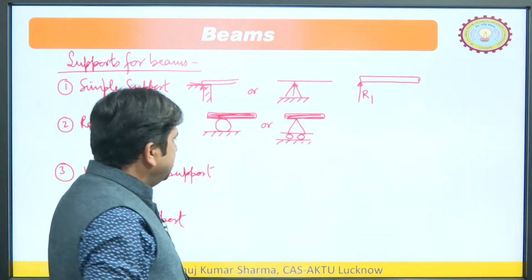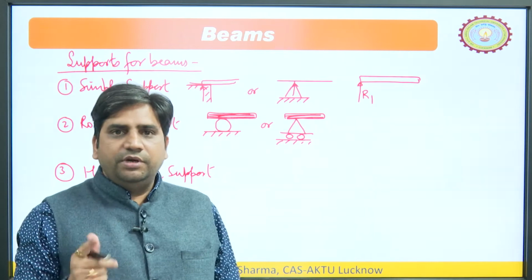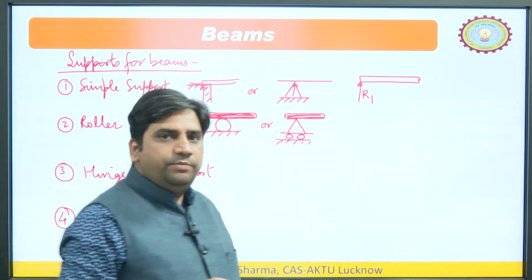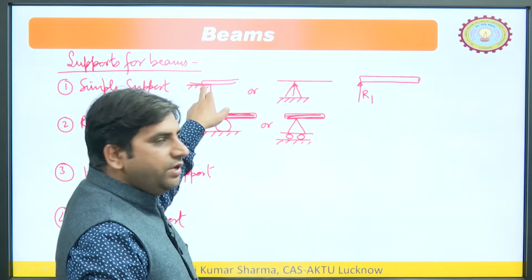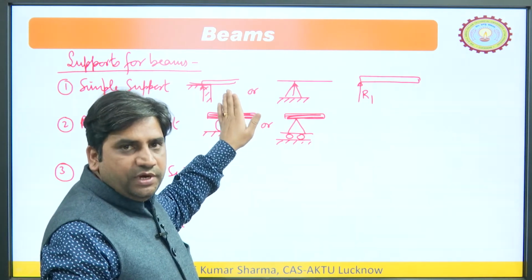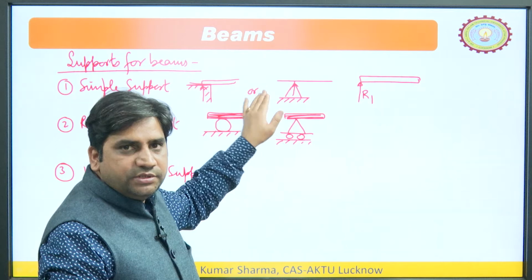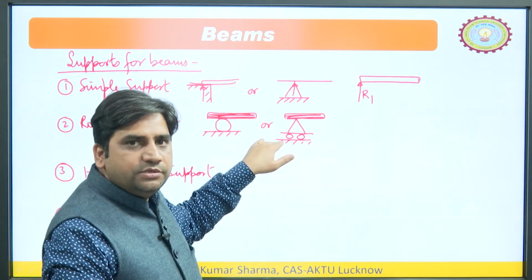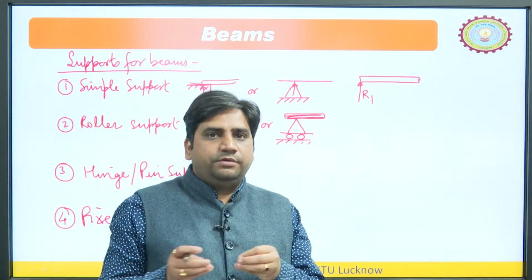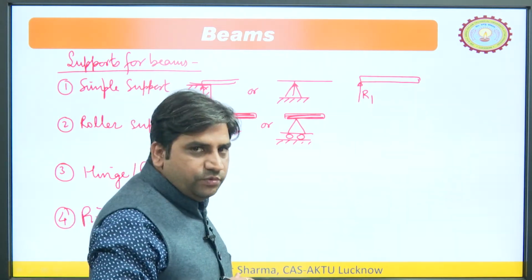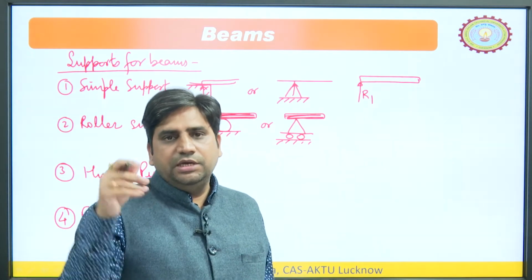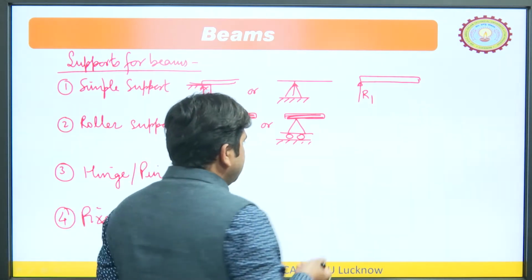So, this kind of structure, you will get one reaction as in the case of simply supported, but what is the difference? Here we have roller supports, whereas here we have simple flat supports. Flat supports have a high coefficient of friction compared to roller supports. So, whenever we want to reduce the coefficient of friction between two bodies, we can use these kind of roller supports. Inside a bridge you can see we have the roller supports, steel balls are there to